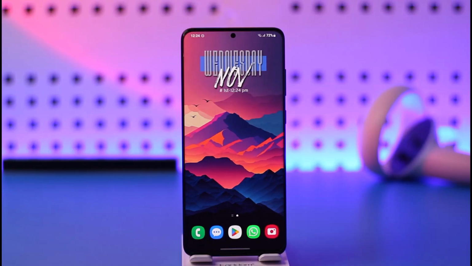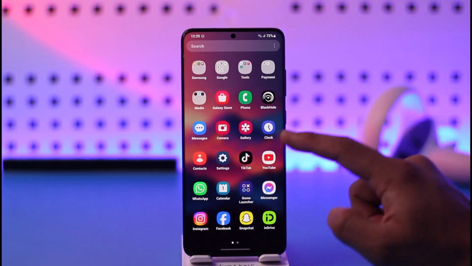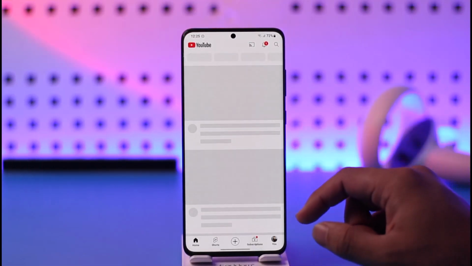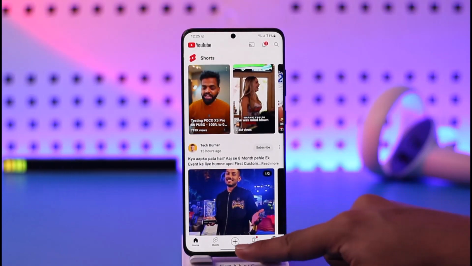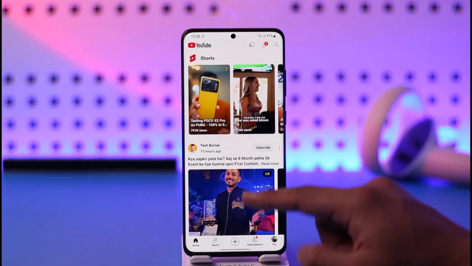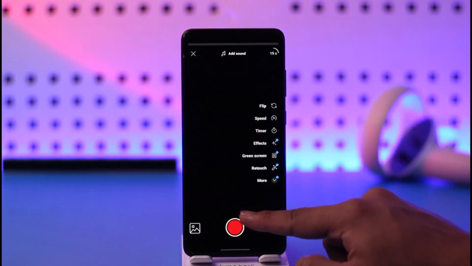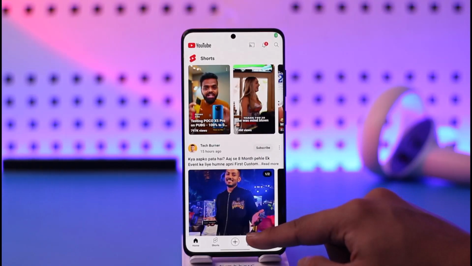So if you want to upload shots from your YouTube mobile app, it's very simple. Make sure that the YouTube app is updated and then go ahead and launch it. Once you launch the YouTube app, you can tap the plus icon from the bottom to create a shot if you want to create one right away using your phone's camera, right? So that is also a possible option, that if you want to create one,